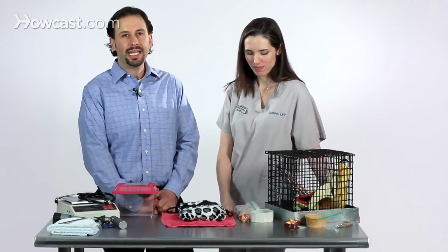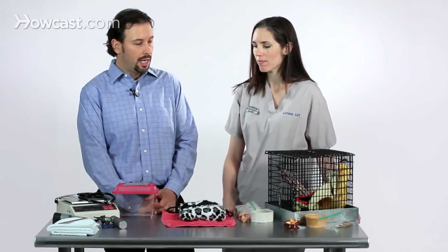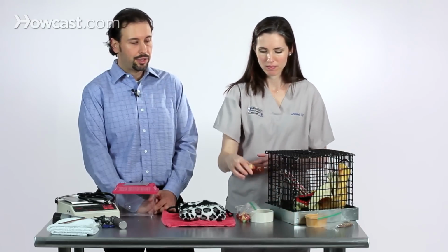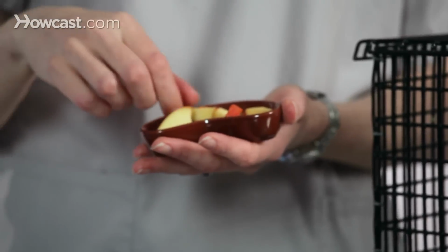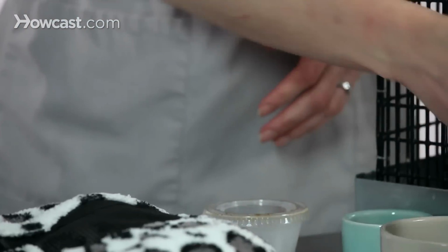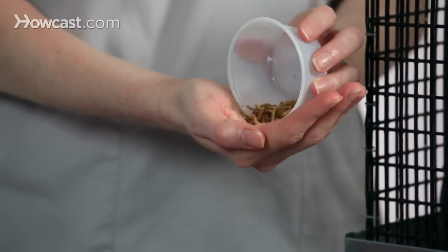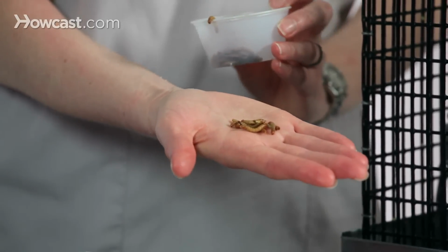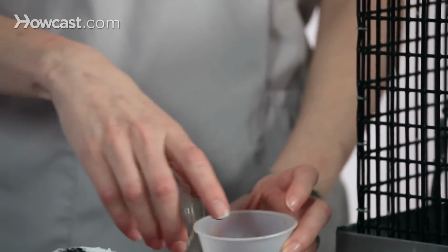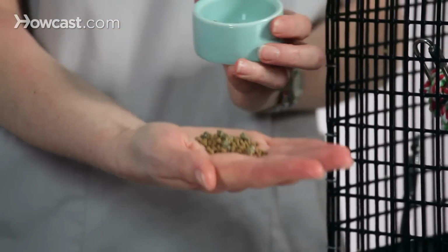So the investment in feeding your sugar glider is another expense that must be considered. On a daily basis, sugar gliders require a complicated diet of fresh fruits and vegetables, which must be chopped and prepared according to the individual sugar glider's need. They do have a requirement for insects to meet their protein requirements, like you see the mealworms here. They also sometimes are fed cooked eggs or egg yolks. And then there are a number of commercial sugar glider diets that are available that should be part of their